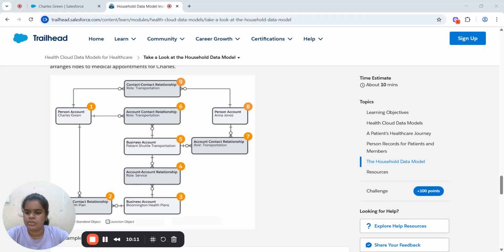Now we are going to talk about why this data model is powerful, right? Why we need to use the data model in Health Cloud. So let's deep dive into this. The data model is very powerful.